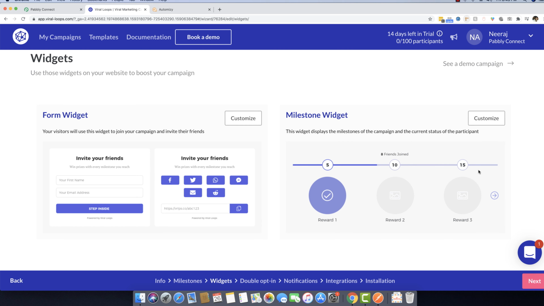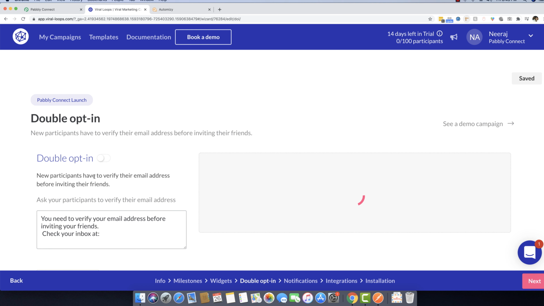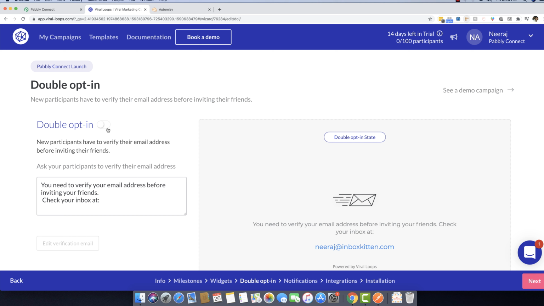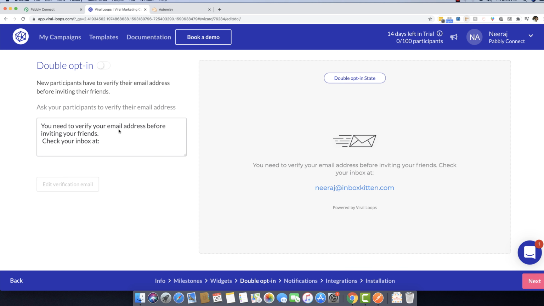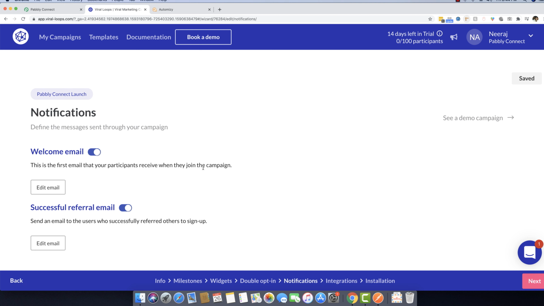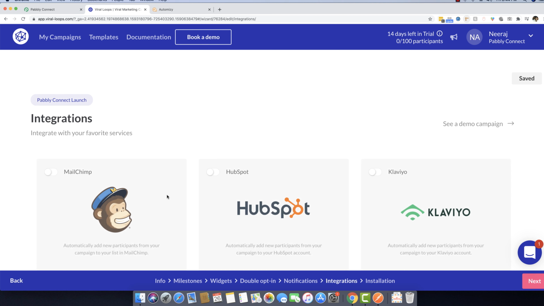I'm not going to customize them. I'm going to use the default widgets, so I'm just going to click on next. Then it is asking whether you want the leads to double opt-in. Since I do not want to change anything, I'm just going to click on next. Finally, it is saying that you will get a welcome email and the successful referral email. Again, I'm not going to do anything at my end and I'm just going to click on next.